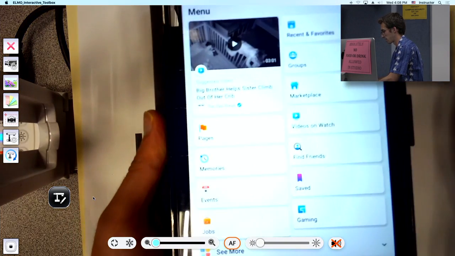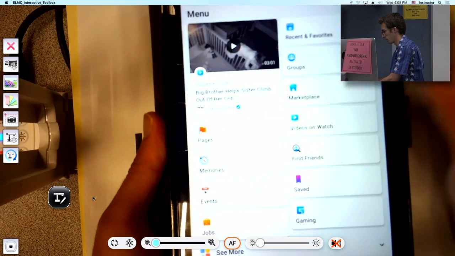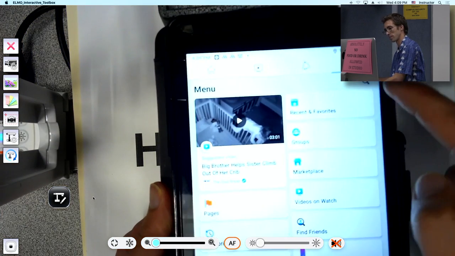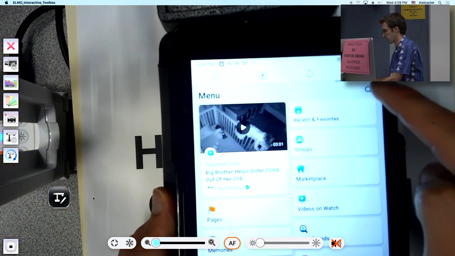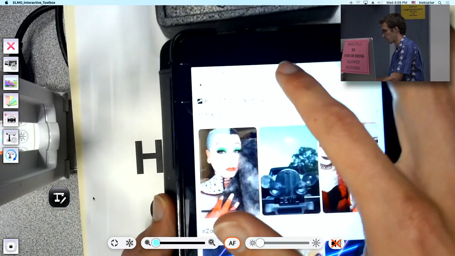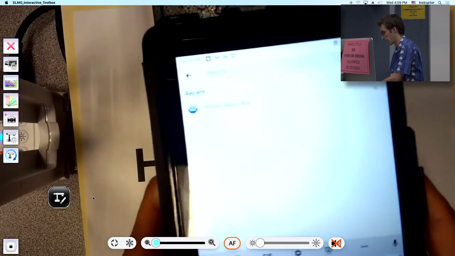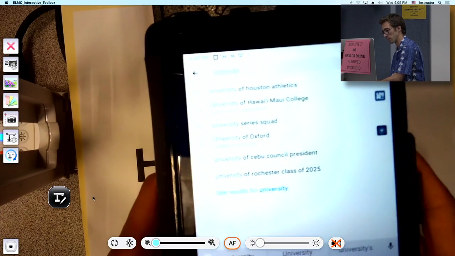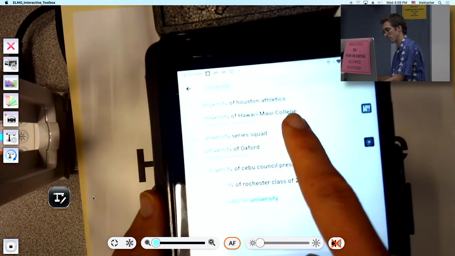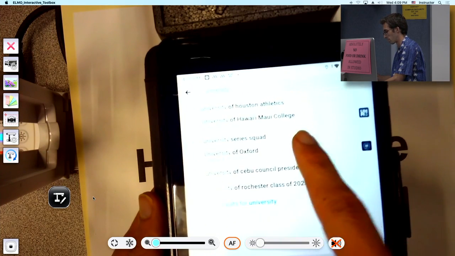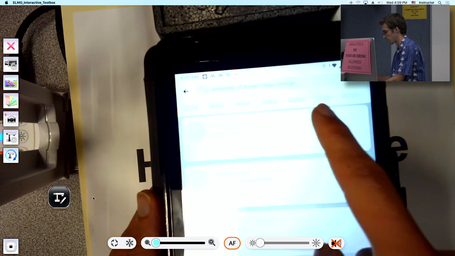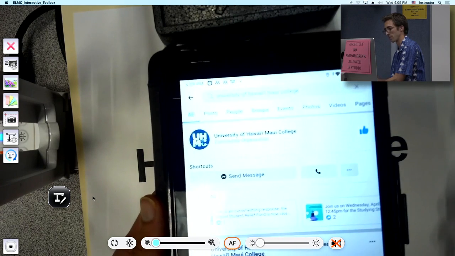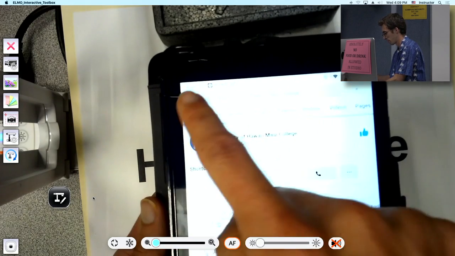And let's say I additionally want to search for something, so I hit the magnifying glass. You always know how to search. This always represents search. So tap on the magnifying glass, tap in the search bar, and I want to follow University of Hawaii, Maui. So I would type in University of Hawaii, Maui College. You just keep on typing until you see the suggestion. This is the one. I can go ahead and like this page as well to stay up to date with University of Hawaii, Maui. And then I can go back